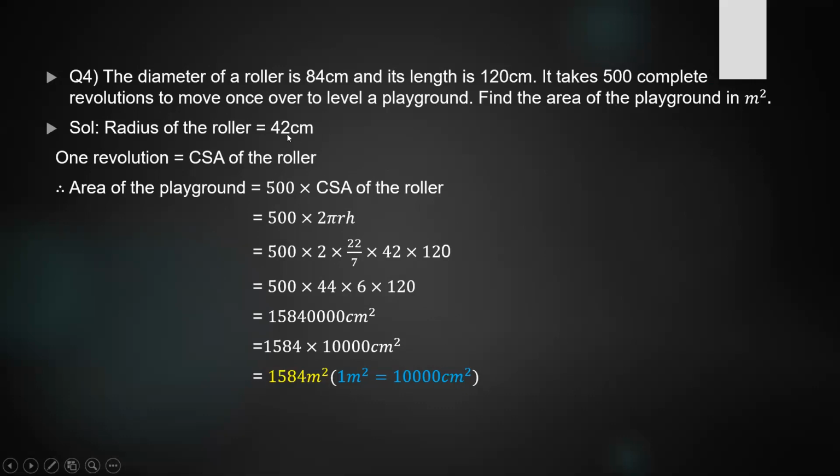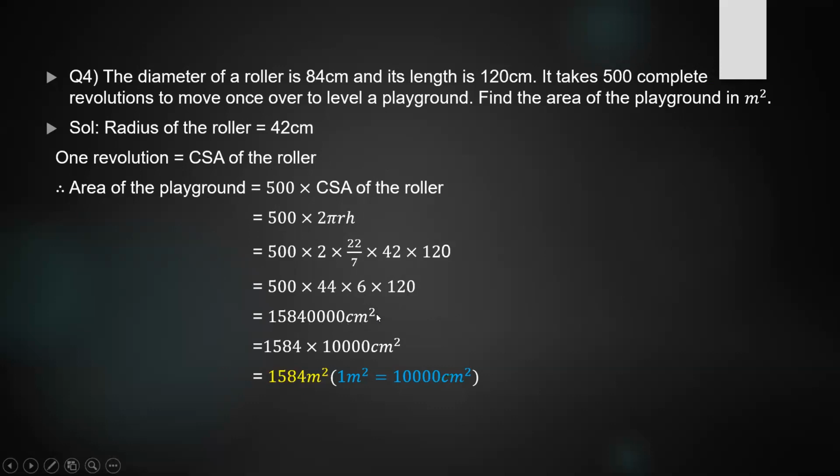The radius of the roller is 42 centimeters. One revolution is going to be the CSA of the roller. So area of the entire playground is going to be 500 revolutions into the CSA of the roller. Substitute the values, R and H is given to you. Multiply, you will get